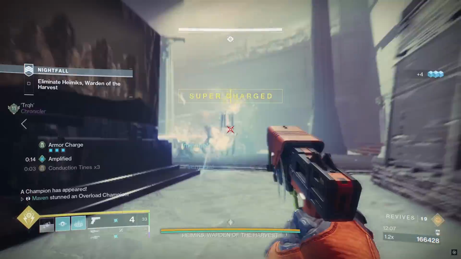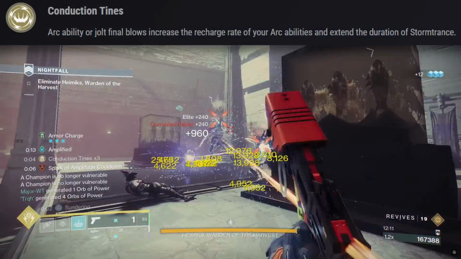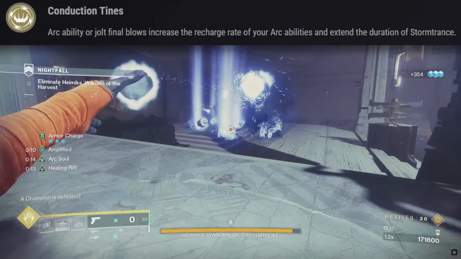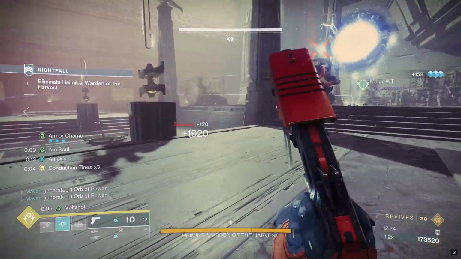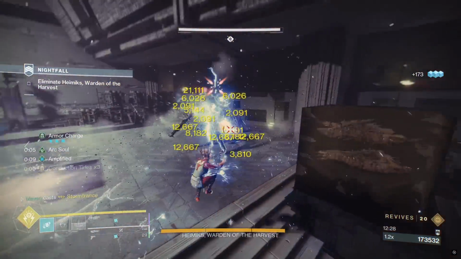So anyways, about time I read the Crown of Tempests, right? So Arc ability or Jolt Final Blows will increase the recharge rate of your arc abilities by up to 66% at 3 stacks and extend the duration of Stormtrance. So basically, picture a better version of Heart of Inmost Light, but specifically for Arc Warlock, but also benefiting your super as well. So with that said, this one may not shine as much in the DPS department such as Arc Staff or Sentinel Shield,